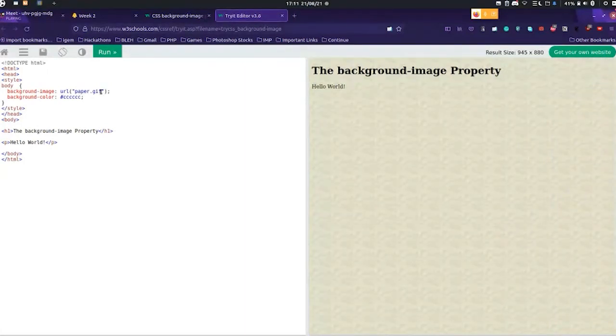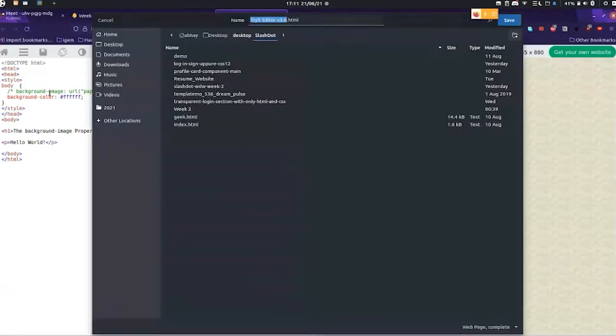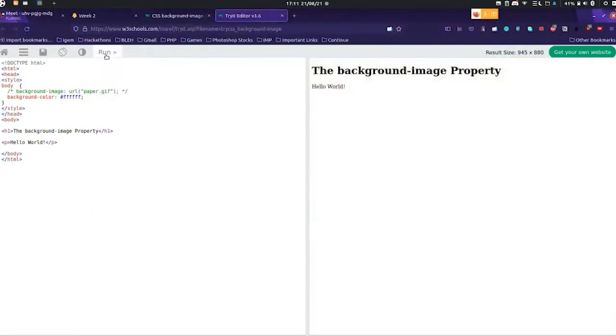If I wanted to change the background color, let me add a new one. We change the color to FFFFFF and run. It will turn white since FFF is the hex code for white. Similarly, you can try your code over here as well.